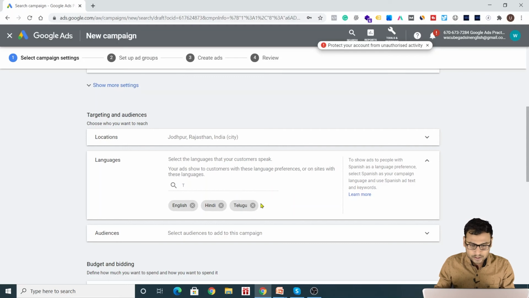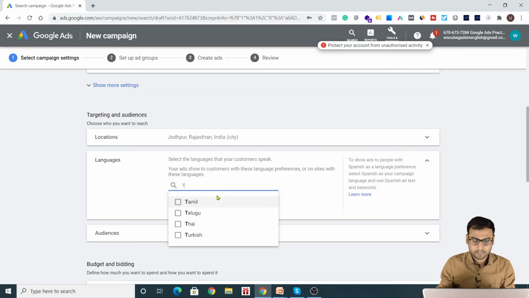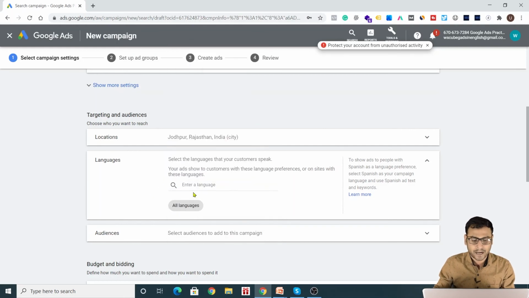Then we can simply cross all these languages and retain all languages. Once you cross all these languages, it will be set to all languages. So now language is not a constraint or a barrier over here, right?